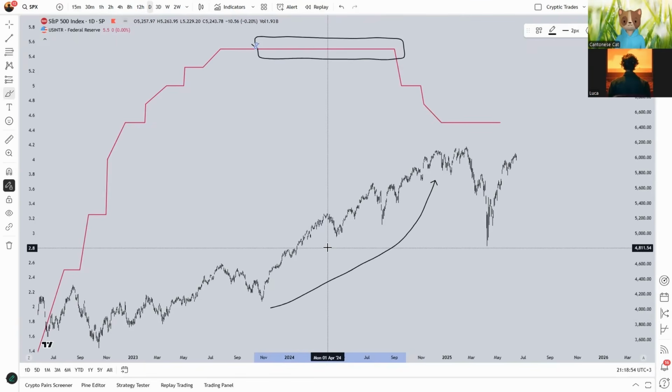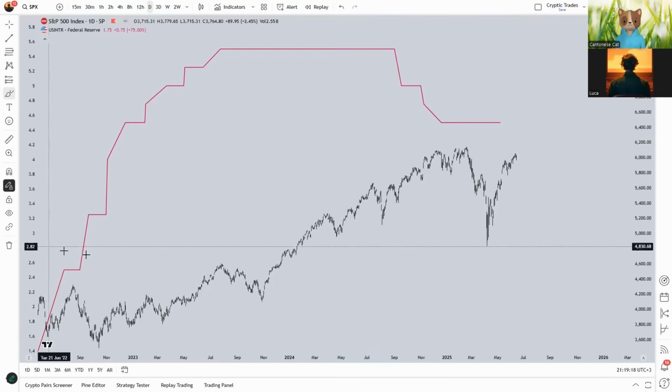Now, of course, back in 2023 and all throughout 2024, we've had a very good macroeconomic environment. So we've had a pretty low inflation rate, a high economic growth, and a resilient and strong labor market, which of course led to more certainty and confidence in the economy and in the broader macroeconomic environment, which led, of course, to higher prices.